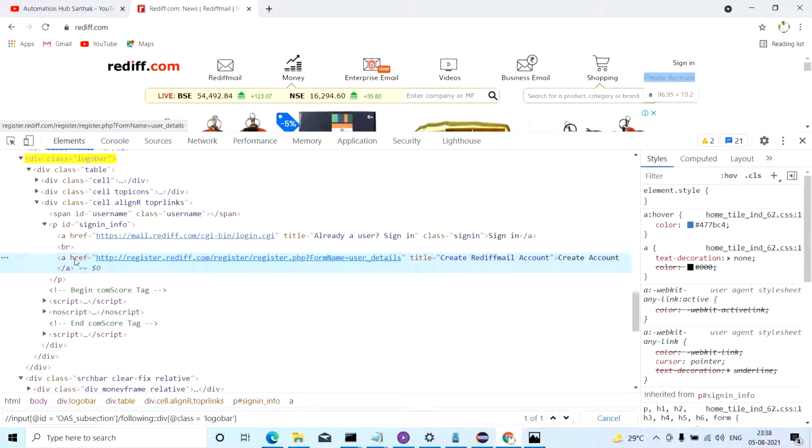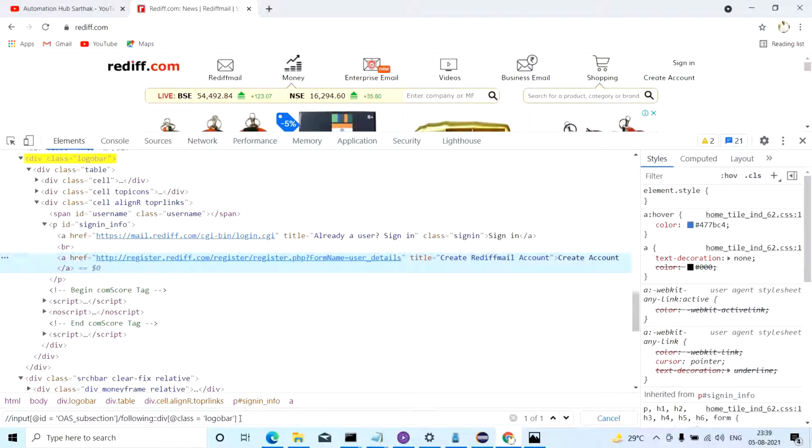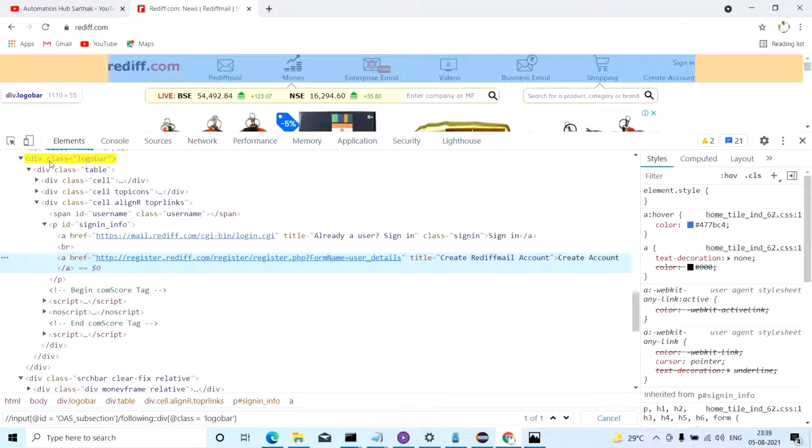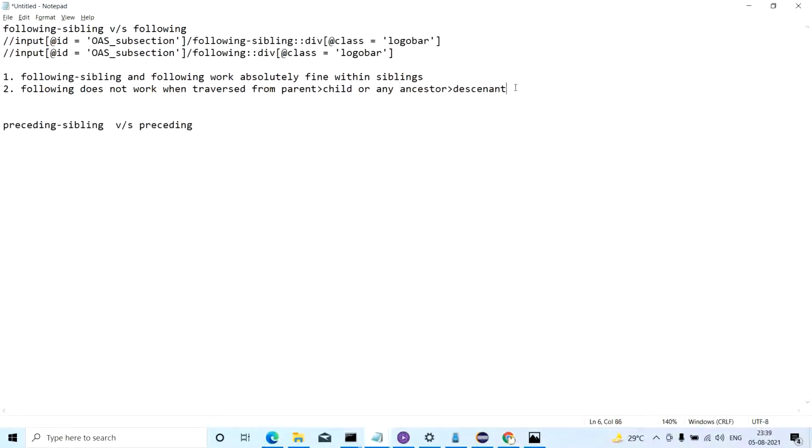Now for this particular example, this create account link, this HTML tag is somewhat in a relationship with this particular tag, which is actually getting highlighted over here, up to this part of traversing. So I'm sure you would have understood this, that we will not be able to do any sort of jumping around here. It makes no sense. So please be very careful. But I'm going to show you something which is even more special. First, I'll write it down for you. And what I'm going to tell is,